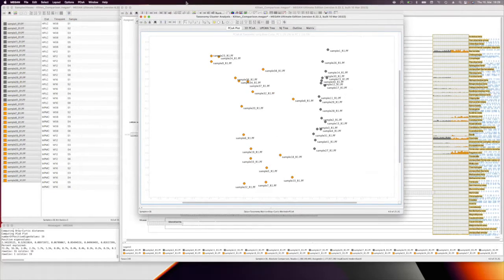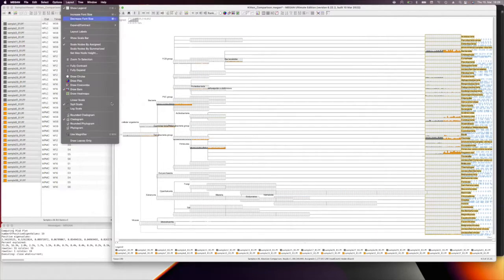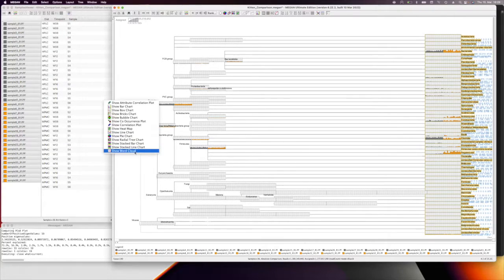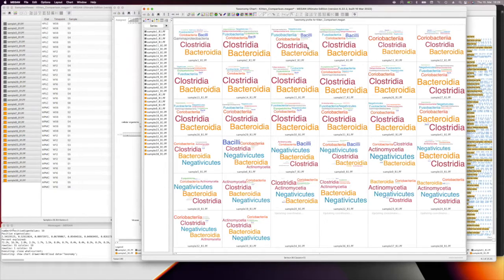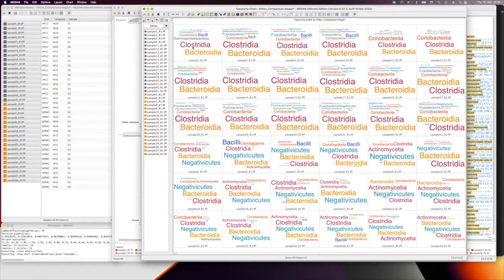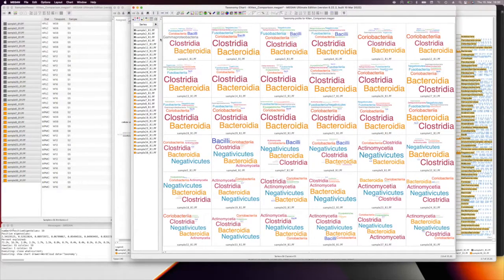Okay, let's cover some of the other plots or charts that are available here. What a lot of people really like are word cloud representations. So word clouds are quite nice. So the more prominent taxa, in this case classes, are basically in larger fonts. So not a very scientific representation, but in this case here, it's actually quite nice because we've sorted this by our diet groups. So the first